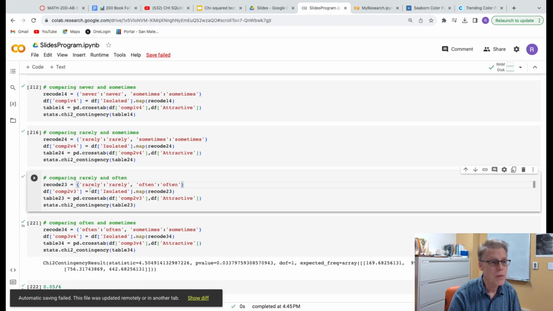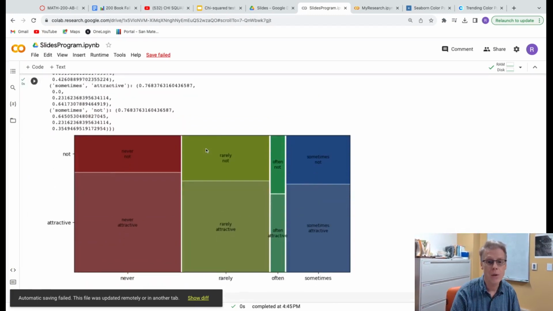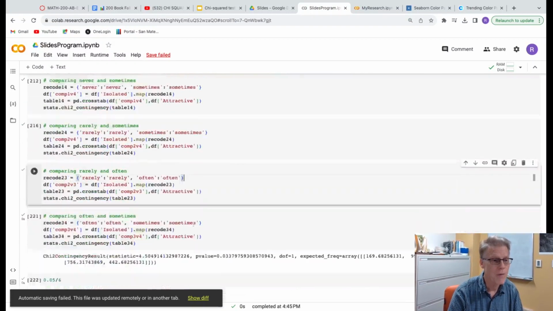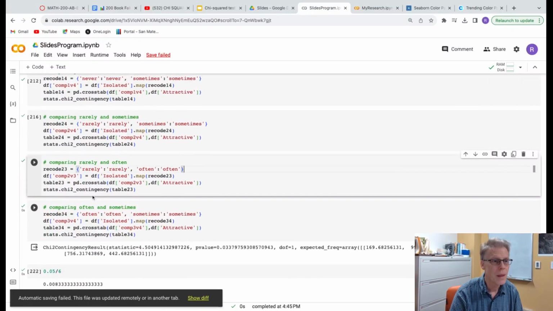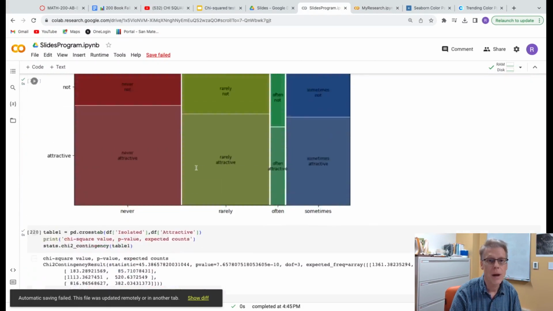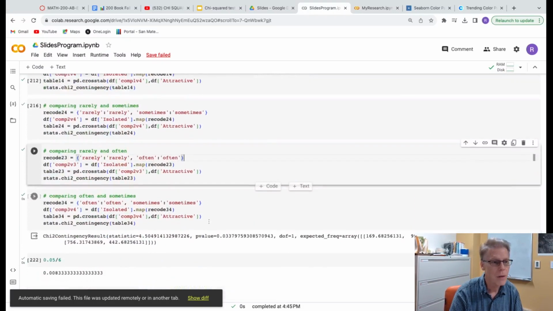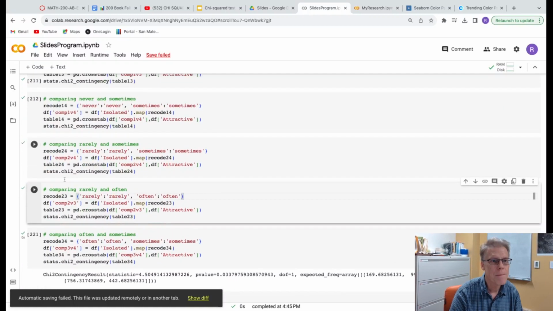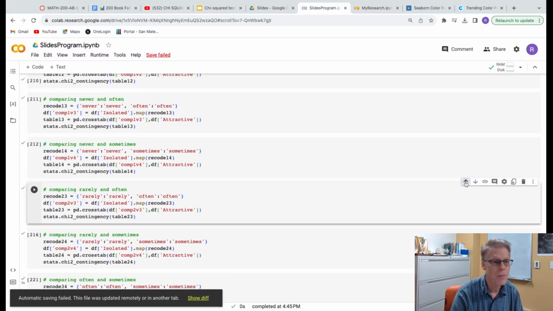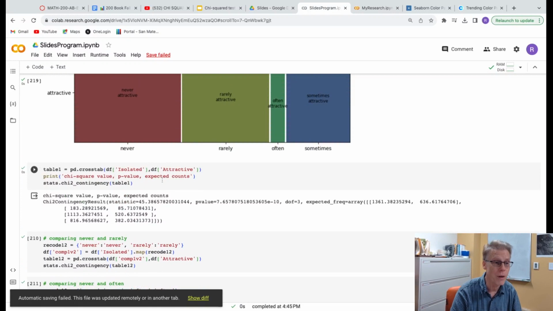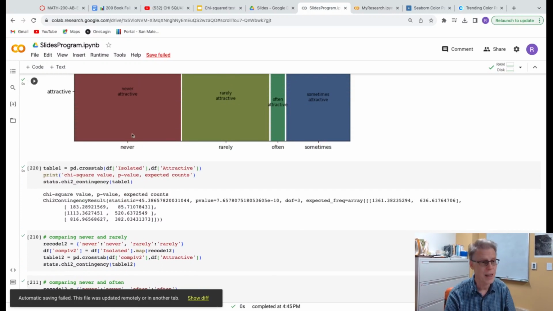Okay, so this was supposed to be category 2 with category 4. That's, let's see, rarely with often. Is that right? Yeah. Did I have it right in the first place? I think I had it right in the first place. Oh God, now I'm like really confused. All right, let's just go through all these one by one in order. Make sure they're in order. Make sure they're saying what they're supposed to say.